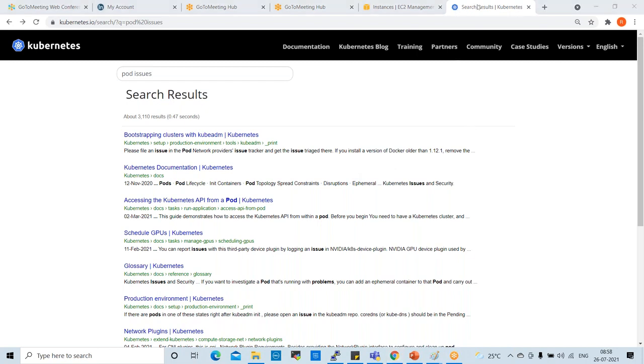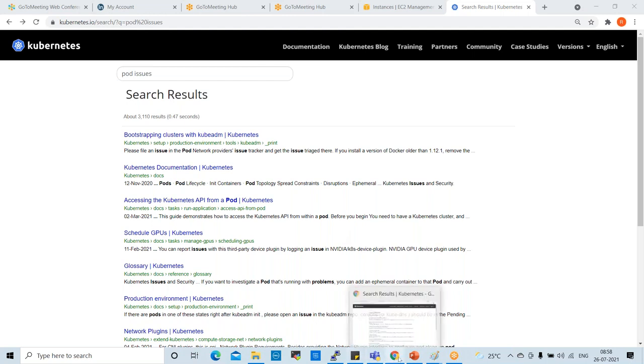Sir, in a pod, how do we increase containers? Like, one pod has one container available. If you want to increase containers, you want to add one more container in the pod, right? That is your question, right? Yes. We performed that activity. A manifest file is required. We need to run the manifest.